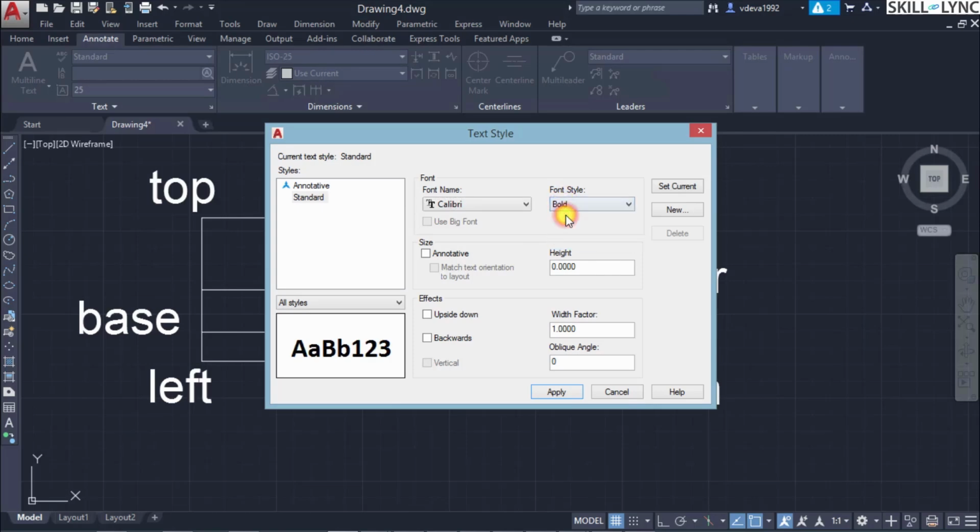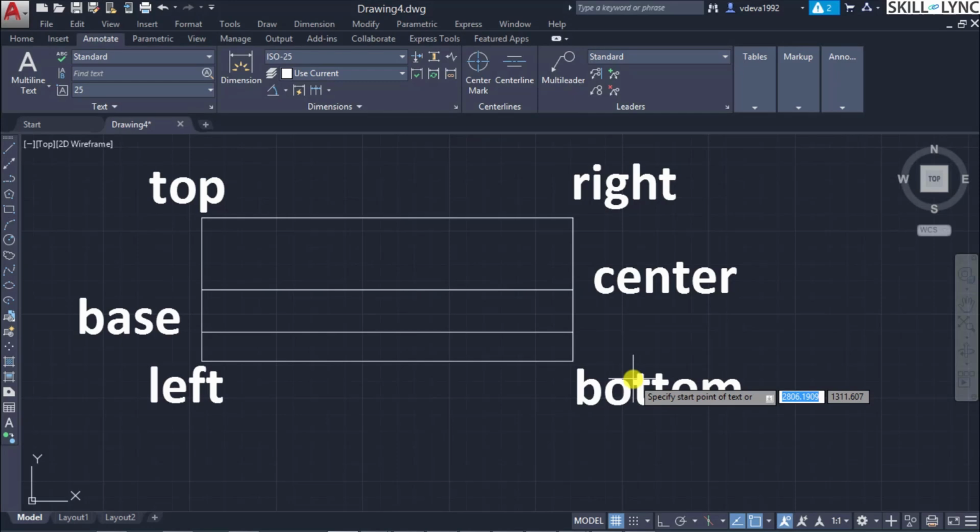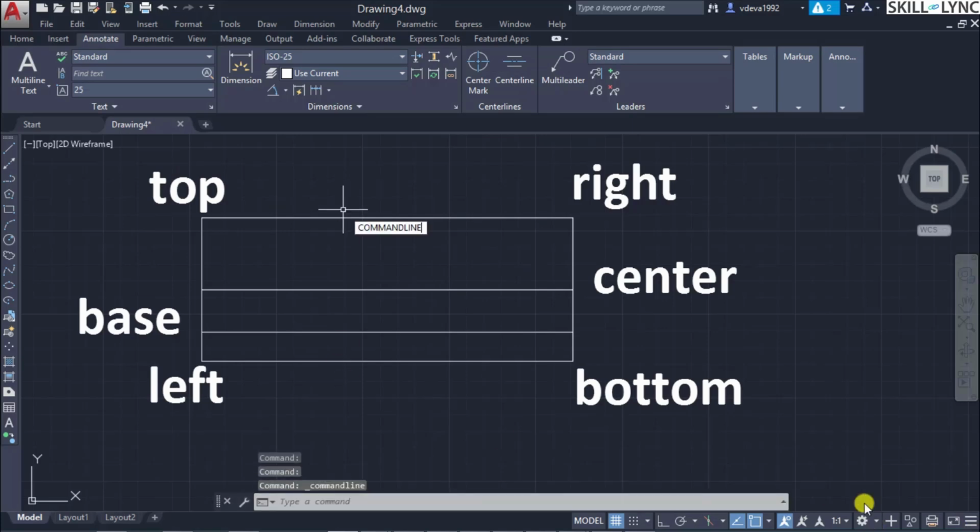So suppose you want everything to be in bold and in Calibri format with the width factor of say 1.25 and no oblique angle, and this is the default, then you can apply and save it, so that this will be the standard format for all. As you can see, now the properties at the back got updated. If the options are not updated, you can still go ahead. Now we have reverted back to the old setting as we had given cancel. You can still go ahead and give out